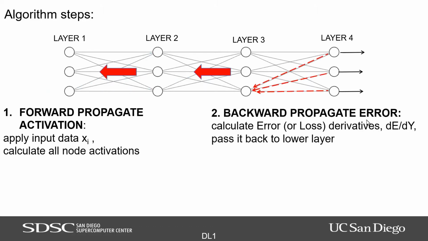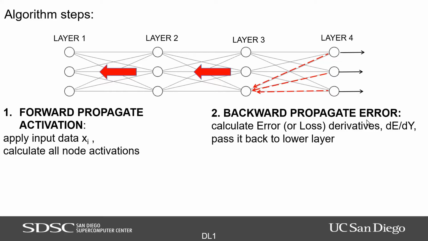And then for modifying the weights, we're going to do a backward propagation. And in that case, we're going to have some kind of error function. Now, typically the error function is usually straightforward. If you're doing classification, you might say, well, I expected a 1 or a 0 for a particular output variable, and so my error is going to be maybe 1 minus whatever got predicted. For regression, it's going to be something similar. It's going to be a mean squared error.